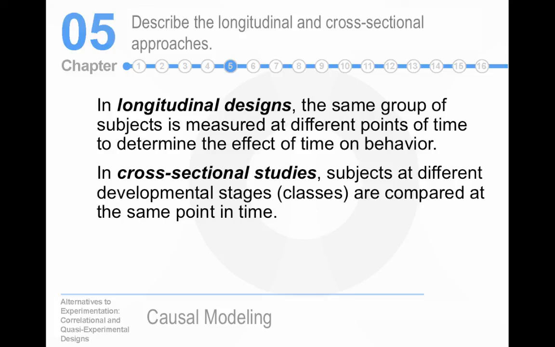In cross-sectional studies, you examine different people at different points in their life at the same time. So think of it this way. You could study attitude change. You could look at it specifically about marijuana legalization. In a longitudinal study, you would follow people for years and see how their attitude about legalizing marijuana changes. If you did a cross-sectional study, you would grab a group of 20-year-olds, a group of 30-year-olds, 40, 50, 60, 70-year-olds, and you would say, when do people tend to change in their beliefs about marijuana